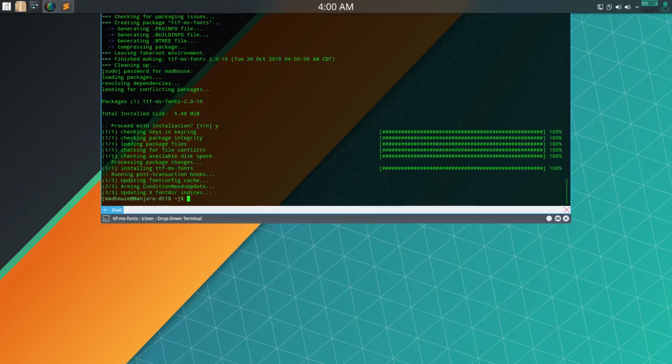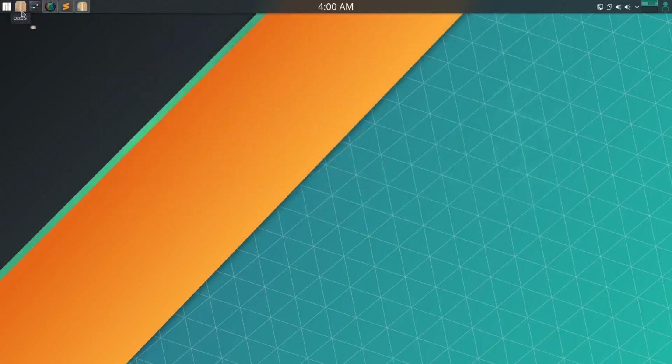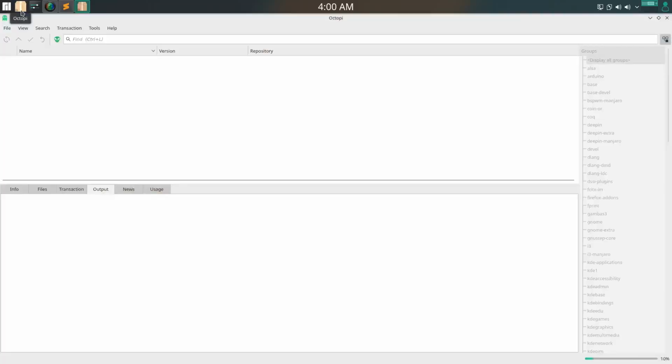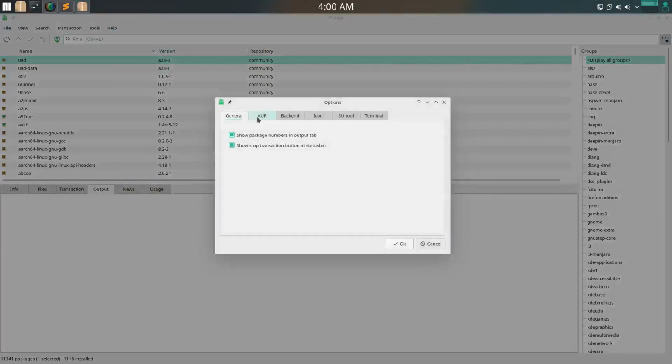And that's one of the things that I believe is clickable in Octopi. Like I said, I leave that there. It is now done. Those fonts are installed. That is how you use the Arch user repository through the terminal. But we'll get rid of that. Open up Octopi again. Like I said, if you want to enable this, you will go to Tools, Options, AUR,